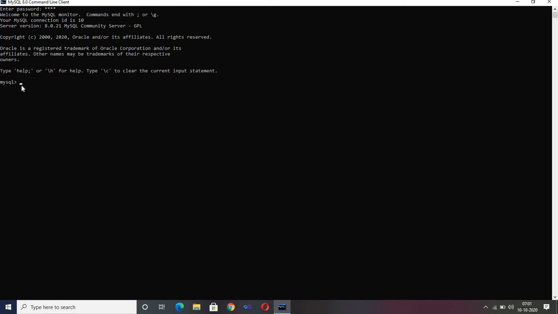Now MySQL and this blinking light is shown here. So here you have to write the command. Now, MySQL is not case sensitive, it is a case insensitive language. The meaning of case insensitive is that you can write the code either in small, caps, or mixed case, camel case, it doesn't matter.